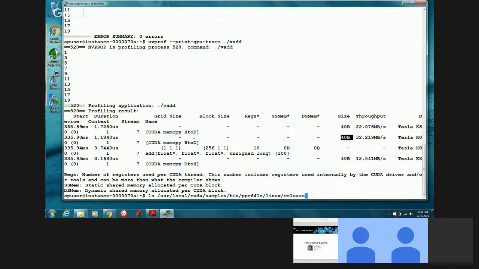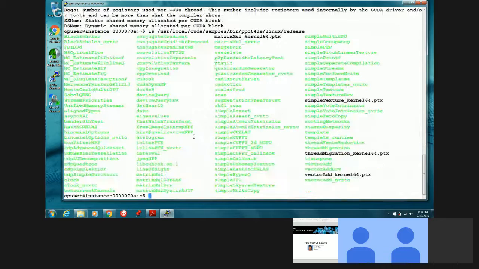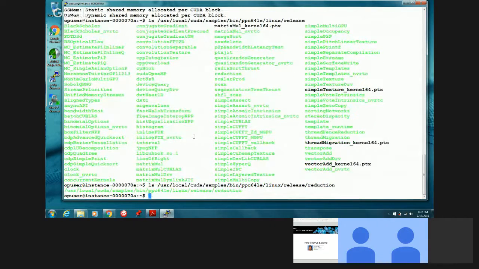This is actually the directory where we built all the samples. I can see all of them there. And the one that I'm going to focus on is the CUDA reduction sample. So that is this one. We could take a look at the source code, but we don't really have time for that. So what I'm going to simply describe is that this is an application that demonstrates how to do what I would call a classical